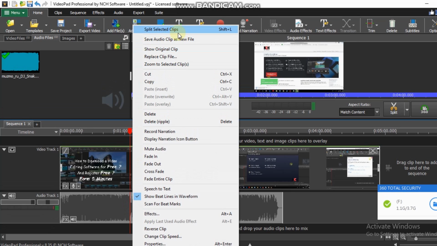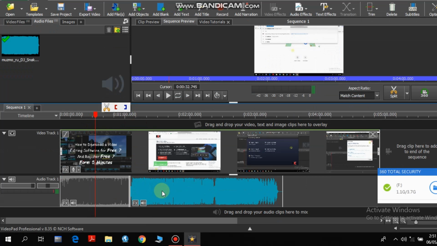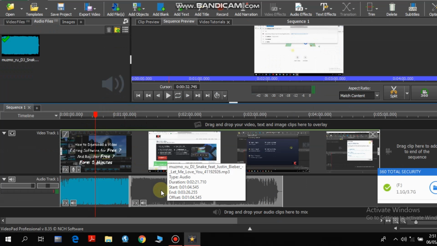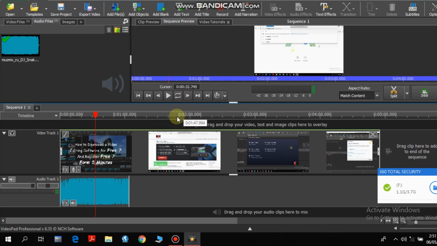You can see it is already split. So you can select the other part and delete it, or else